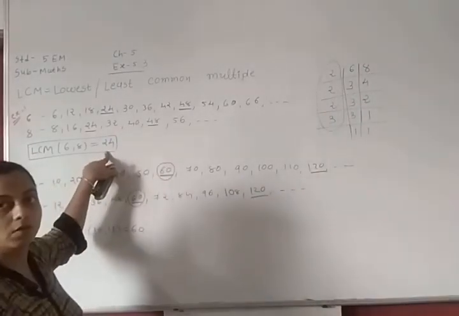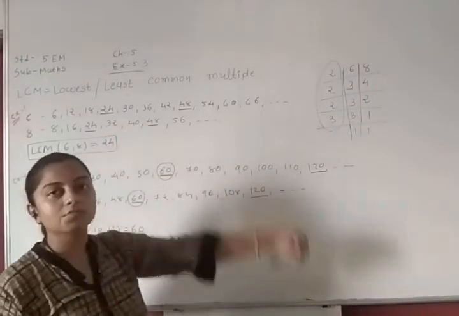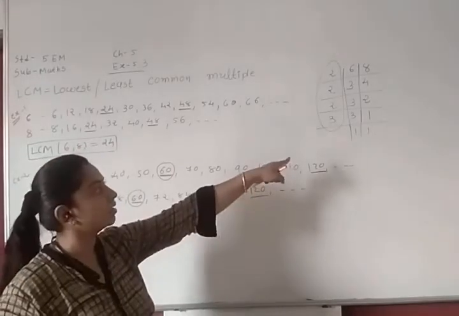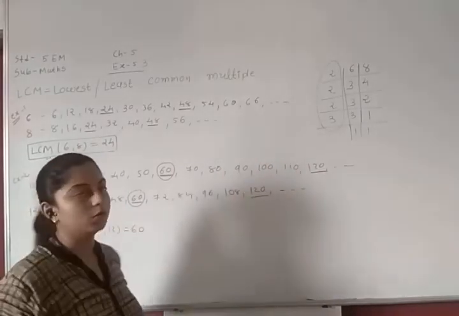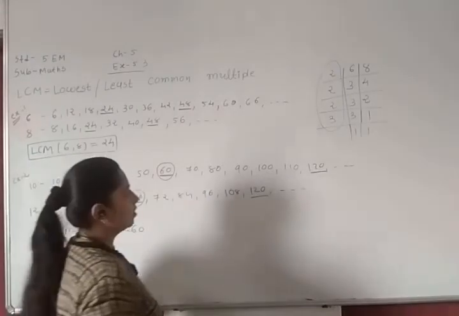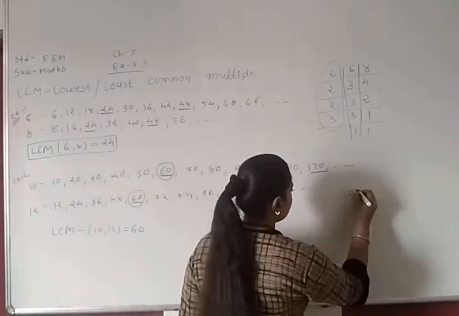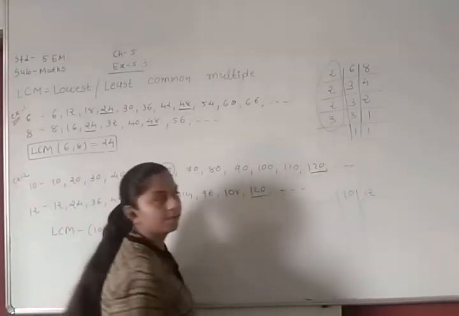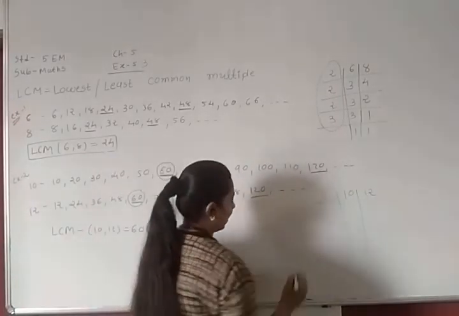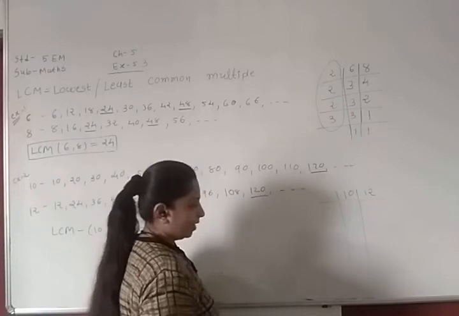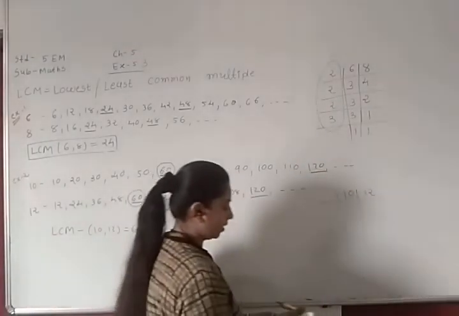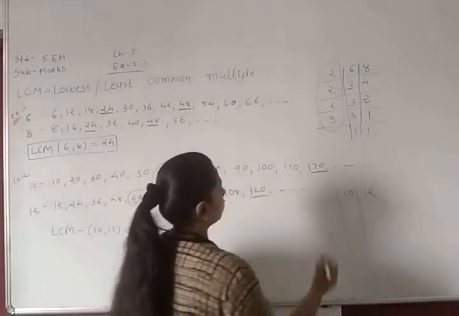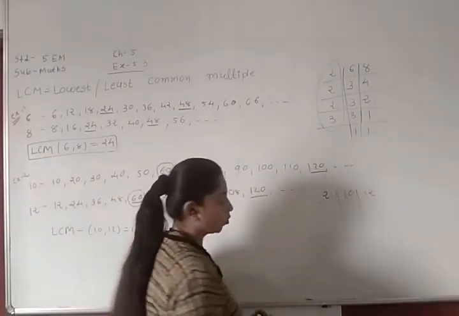Clear? So this method is more easy. સૌથી easy method છે આ. It will be time saving also. Similarly આપણે 10 અને 12 નું જોઈએ. 10 12 એક સાથે ફેક્ટર ફાઇન્ડ કરવાના. બરાબર? So let me do it with 2. See, let me use different colors so that you can identify the answers. હું 2 થી ડિવાઇડ કરું છું 10 અને 12 ને.